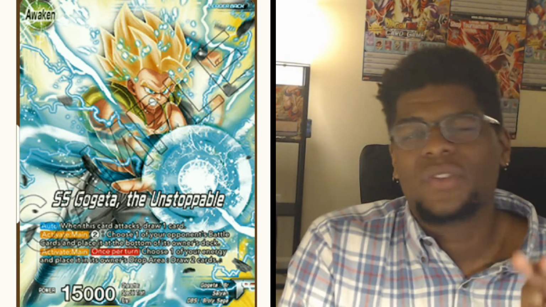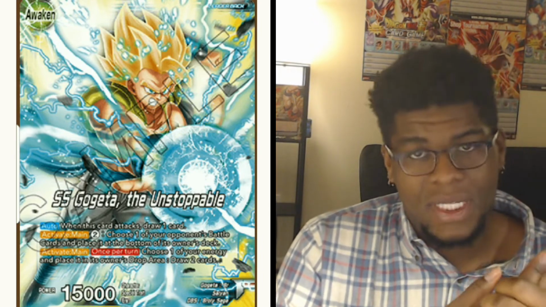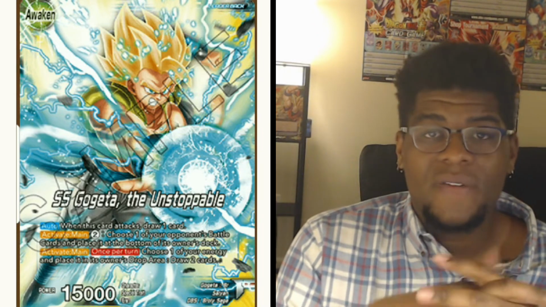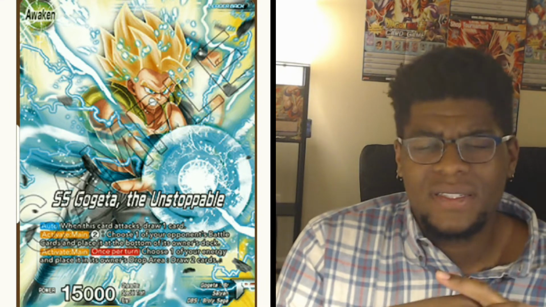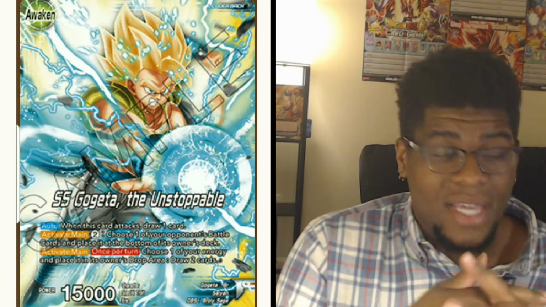Mind you, you don't even have to worry about the energy being left over because he is blue, and you know what that means. You have access to Unyielding Trunks. You have access to Dimension Magic. Most decks have access to Senzu Bean, but it's easier to go through. It's not a splash to run it in this deck. So Gogeta